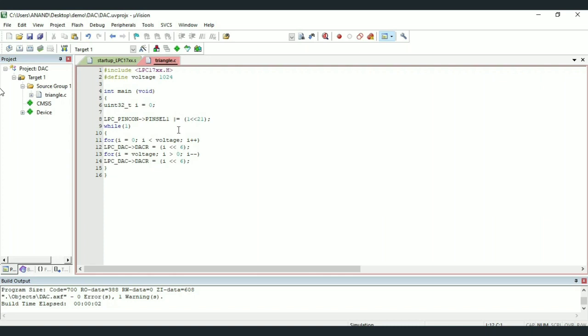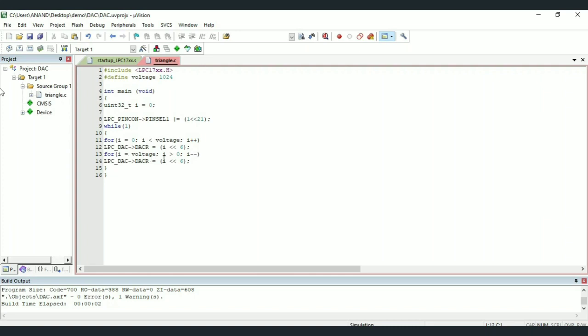be executed, right? Then we are changing the value of DAC, wherein for each value of I during the for loop, it is shifted 6 times, correct? Then again we have one more for loop for I is equal to voltage, I greater than 0, I minus minus.